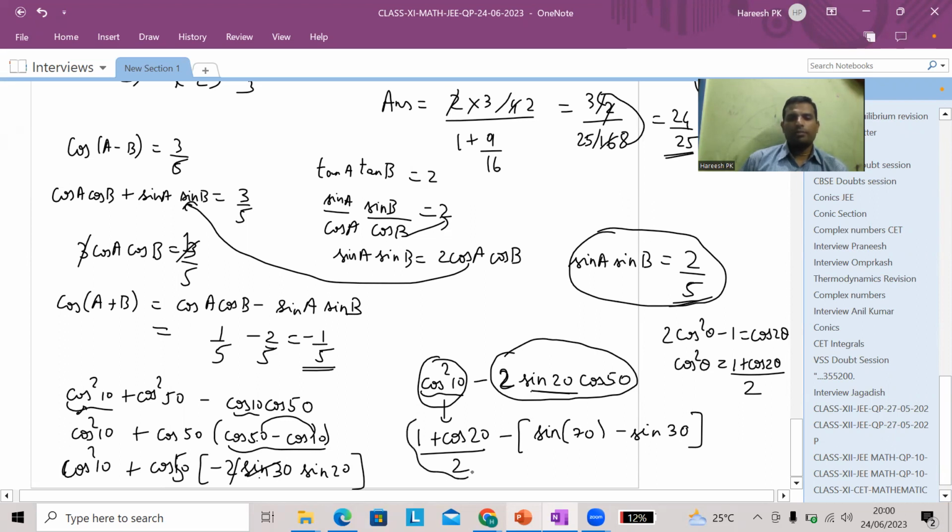Here I have plus 1 by 2 and sine 30 is minus 1 by 2. So this plus 1 by 2 and minus 1 by 2 will get cancelled. So I'll be left with cos 20 by 2, then minus